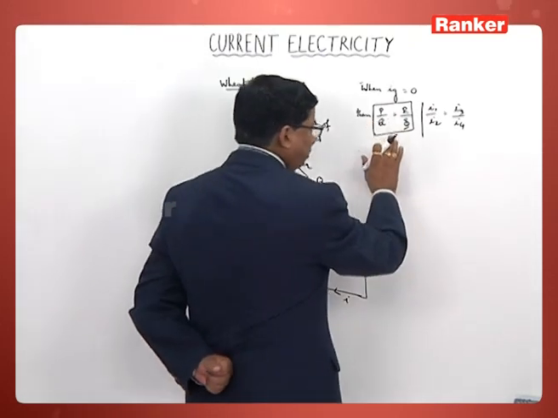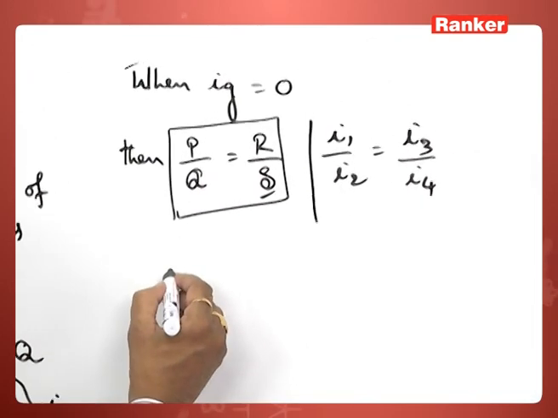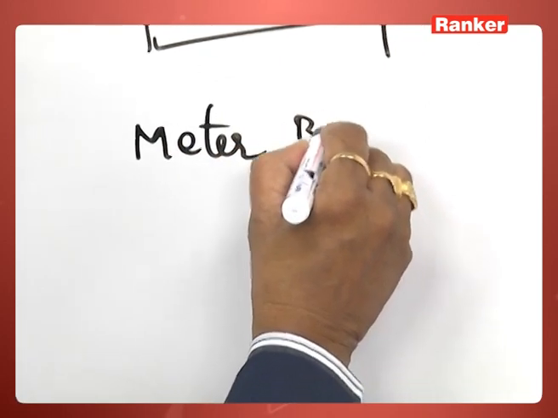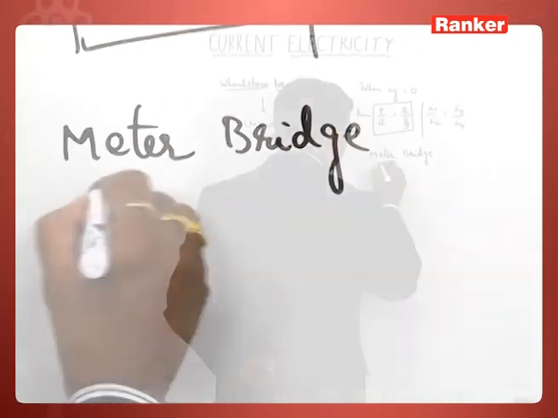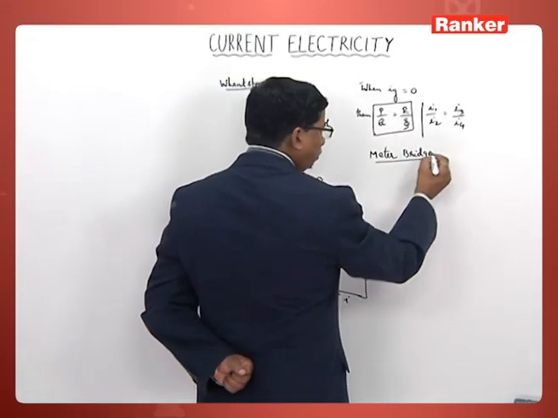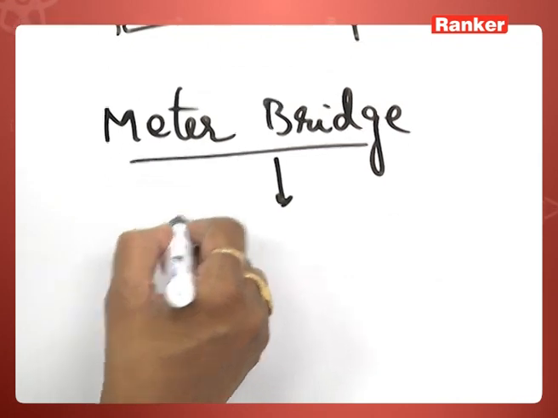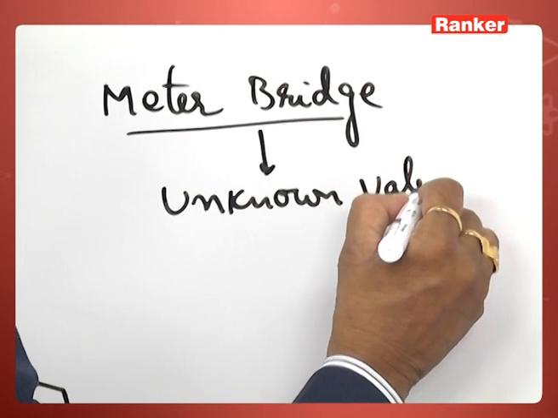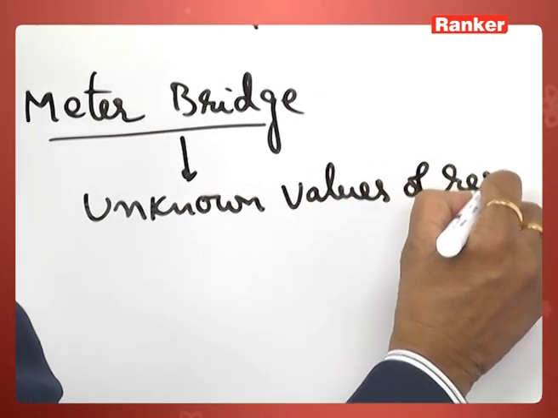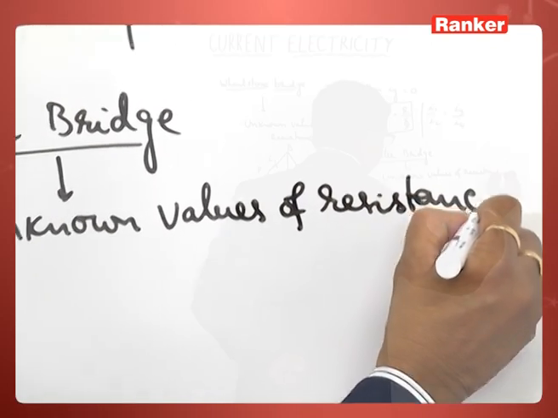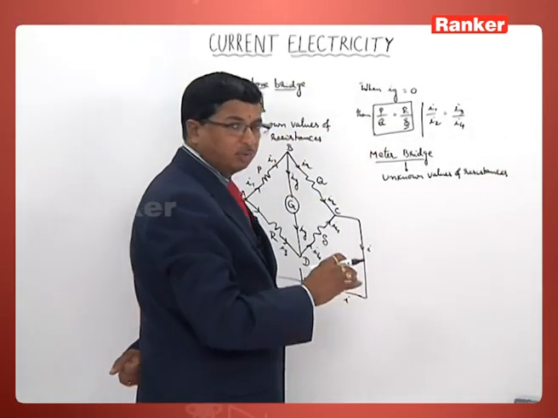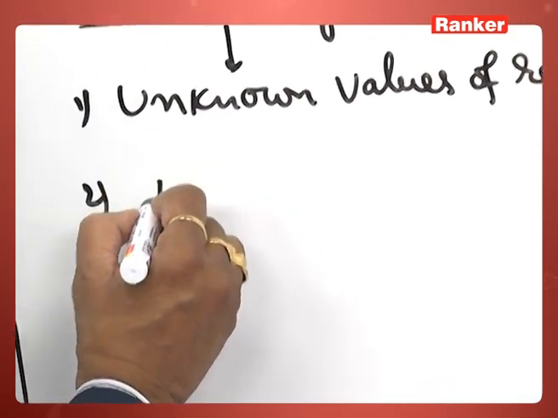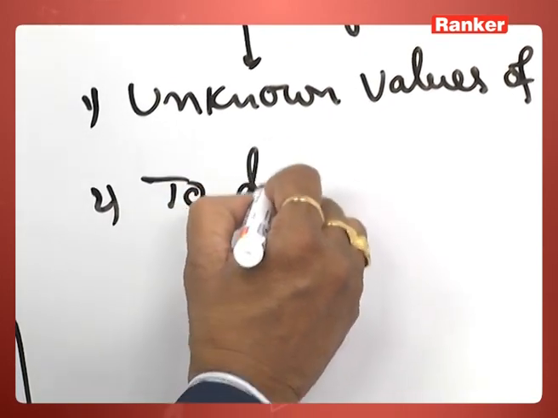Using exactly the same balancing condition, we have just taken a meter bridge here. What is this meter bridge and what is it being used for? Two things we have to remember. One, to calculate unknown values of resistances. Using the meter bridge, unknown values of resistances you can determine. And what is the second one? The second use of this is you can determine